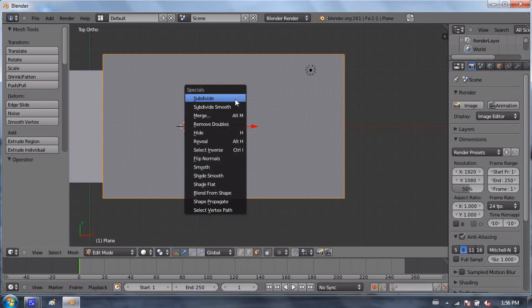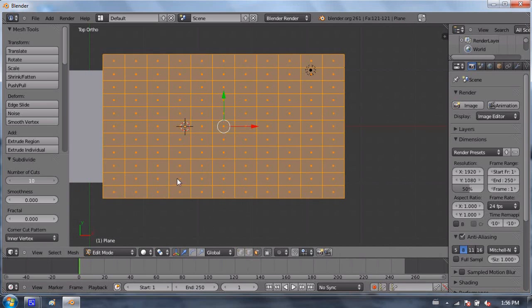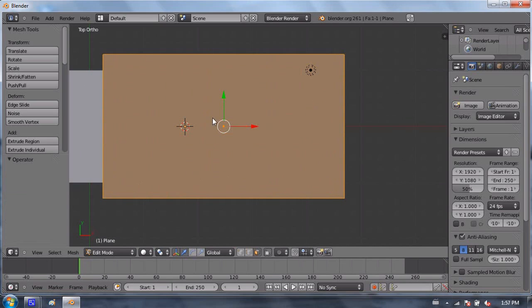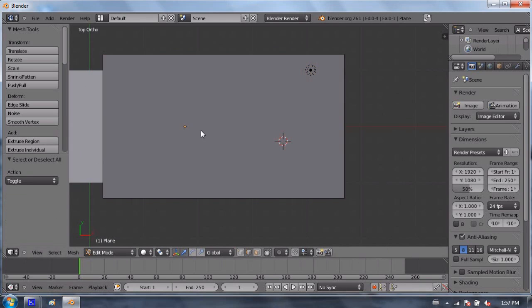Okay, W and subdivide. If I just did W subdivide, it would make rectangular faces as well, because subdividing equally makes the same shape or aspect ratio of faces as your entire object. So I'm going to undo that. And instead I'm going to use my loop cut, which is Control R. And now if I hover over, there we go, Control R.